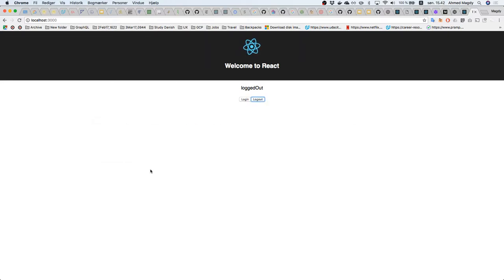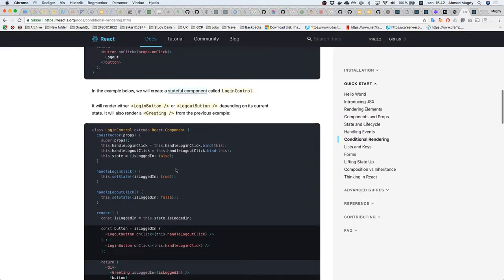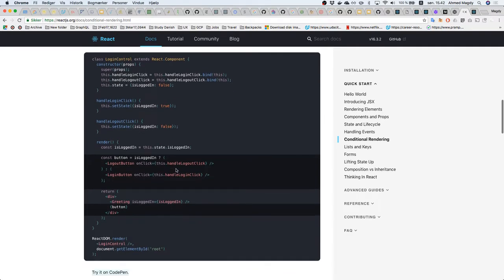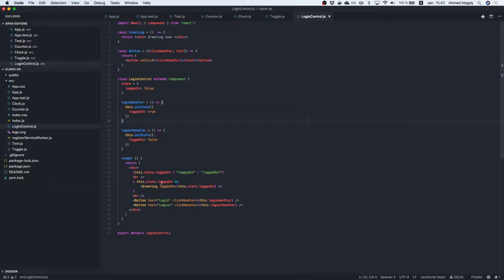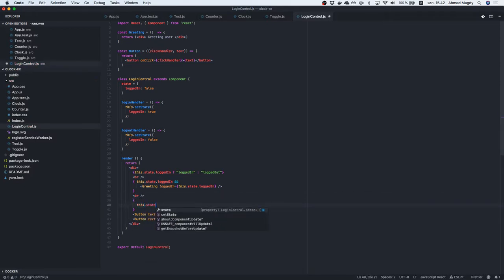So this is conditional rendering. We're gonna continue with the list again. So here we are rendering the login. Okay, so there's another way to do this. If we can use one button to do the same stuff, we can do this. The first example was to show and hide the button, which button based on the login state. So if this is logged in,